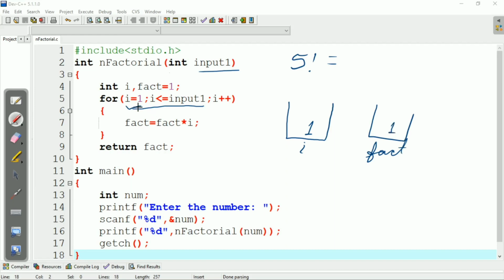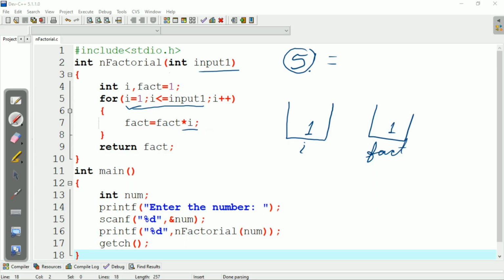Now let's check for the condition. Initially i equal to 1, our input is 5. Then i is less than or equal to input1. Here we can see that 1 is less than or equal to 5. That's why the condition is true. After that fact equal to fact into i.